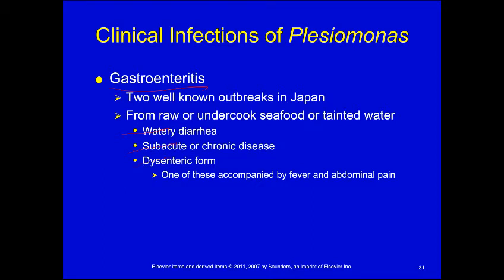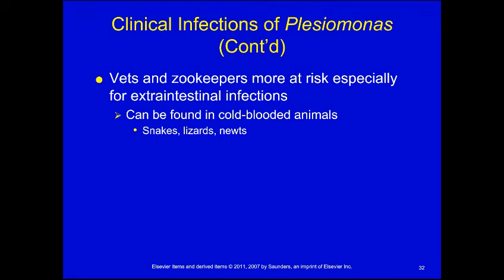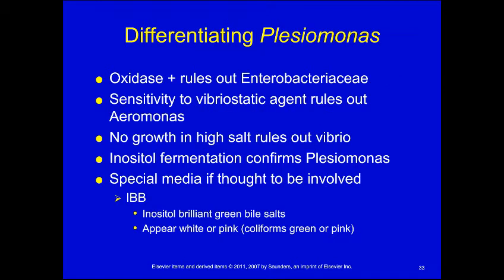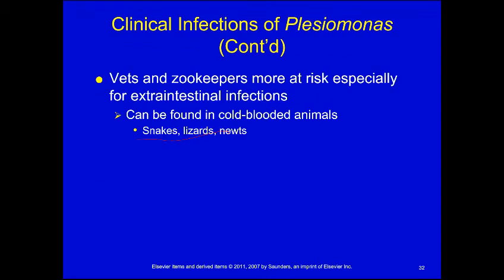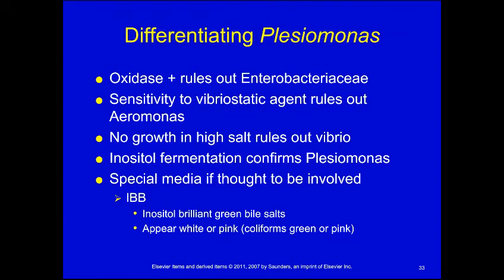This may cause dysenteric form of disease, one of these accompanied by fever and abdominal pain. Now, vets and zookeepers are at risk, especially for extraintestinal infection. This can be found again in cold-blooded animals like snakes, lizards, and newts. So, along with your Aeromonas, may Plesiomonas ka pa, ay di perfect. Okay, so